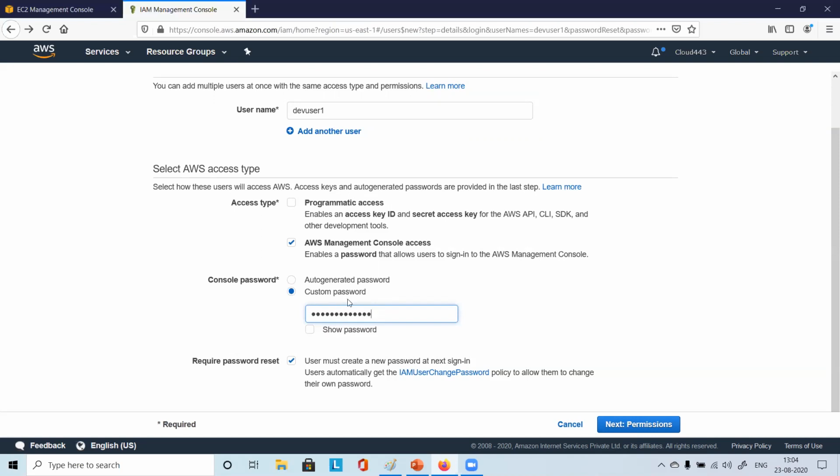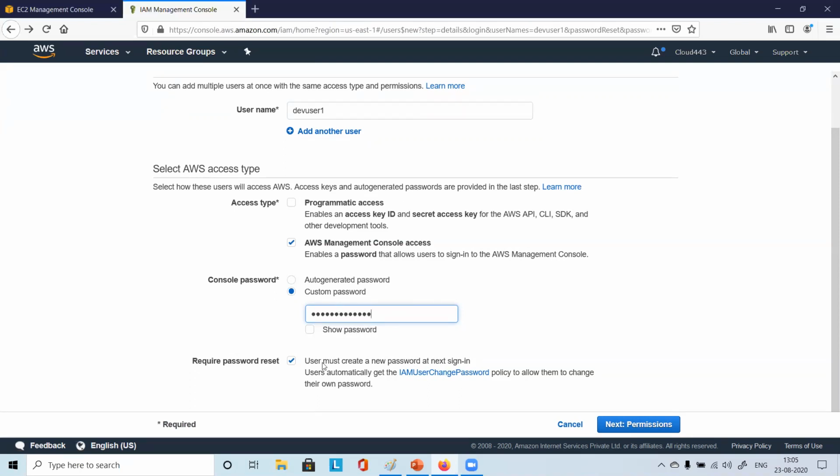Using that, I have to share this password with the user. Once I share this password with the user, till that time only I will be knowing that password. Nobody else will be knowing. Now I know that password because I am the IAM administrator. So till the time I know, it is my accountability, correct?